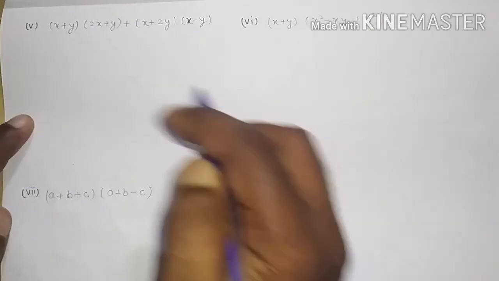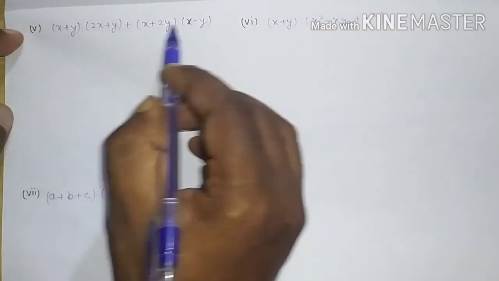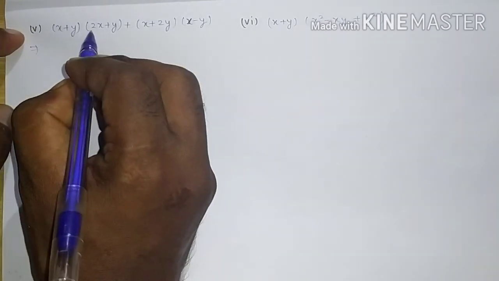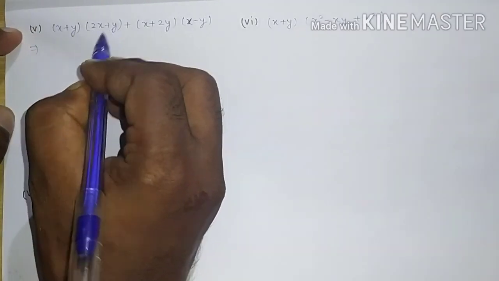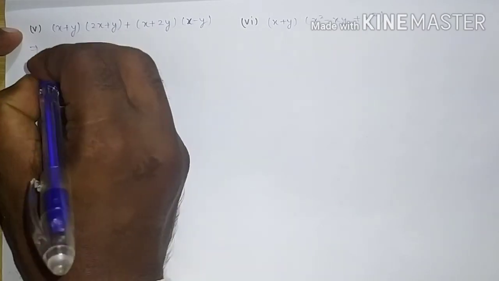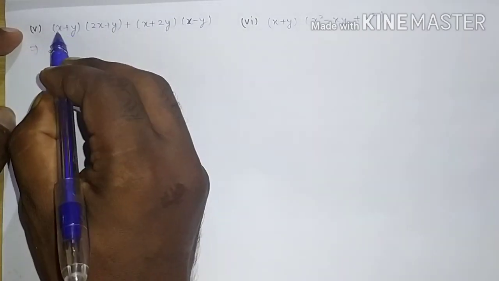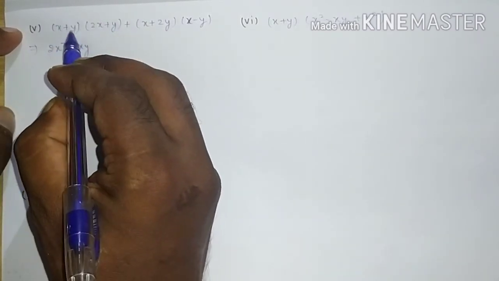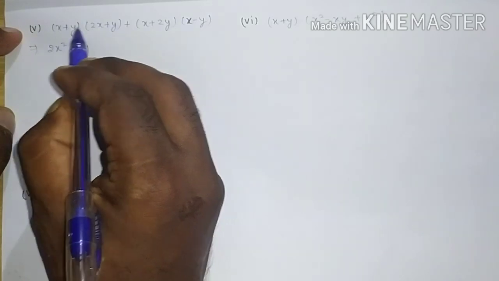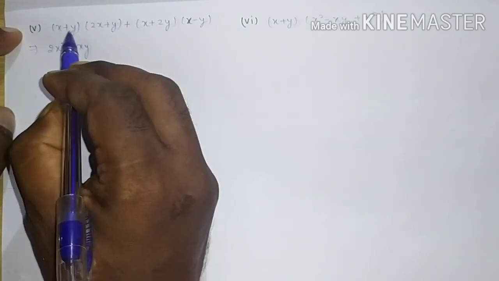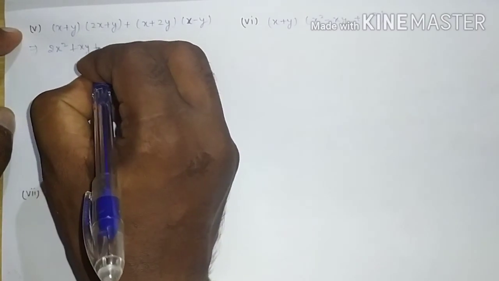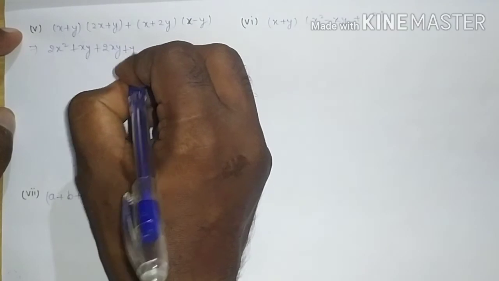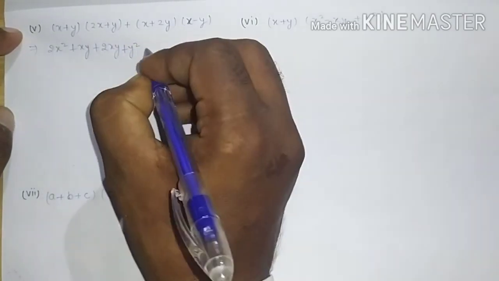Now the next question, that is question number 5. The expression is given here and we have to simplify it. So first of all, x plus y into 2x plus y. So x into 2x, that is 2x square. X into y, that will be xy. Now similarly, y is multiplied into 2x, then y is multiplied into y. So y into 2x, it will be 2xy, and y into y, that will be y square, plus